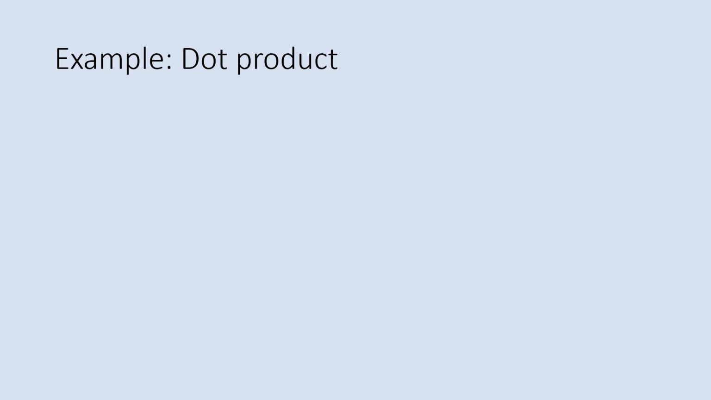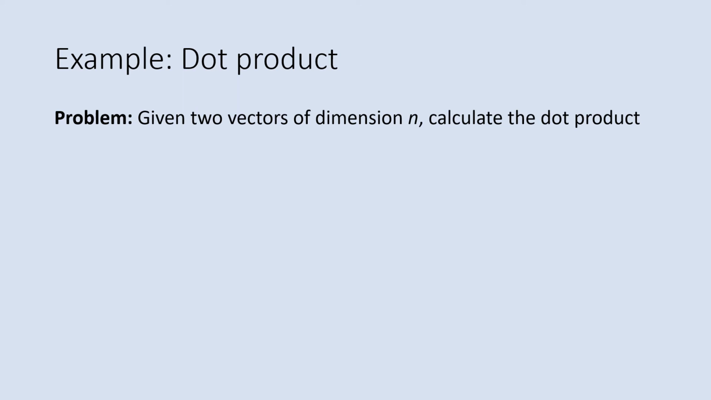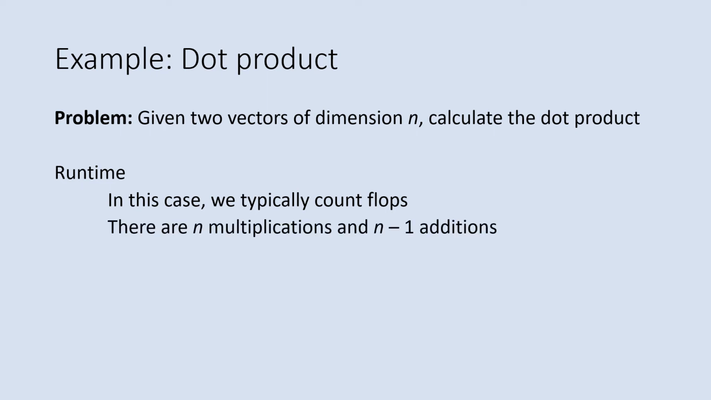All right, now let's look at some things that are linear algebraic. Things related to linear algebra, and the dot product is one. So we have two vectors of dimension n, and we want to calculate the dot product. And so to calculate the dot product with the runtime, we're going to look at the flops, so the multiplications and the additions that are necessary. So there are n multiplications and n minus 1 additions. If we do these separately,